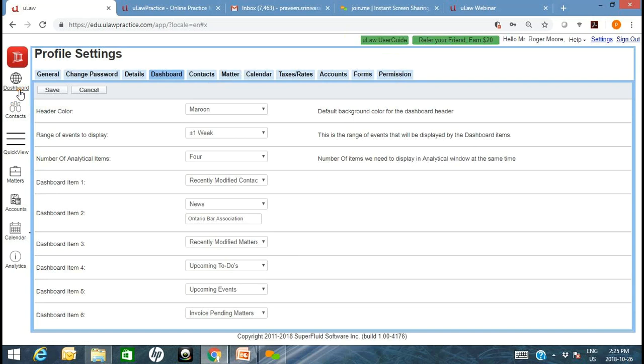So let me first show you the dashboard itself. If you look at our dashboard, which is most often the landing page for all of our clients, this is a feature functionality that allows uLaw to help you maneuver or navigate within the product faster and more efficiently. For example, you have recently modified matters as one of the dashboard items, or squares or rectangles, however you want